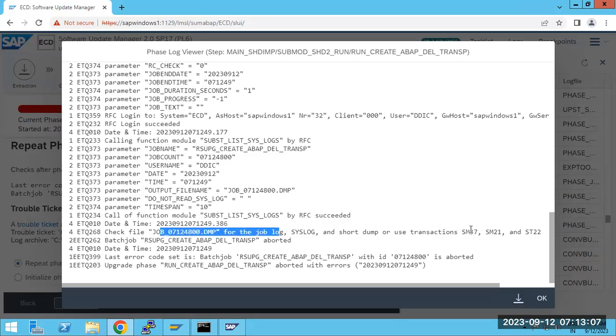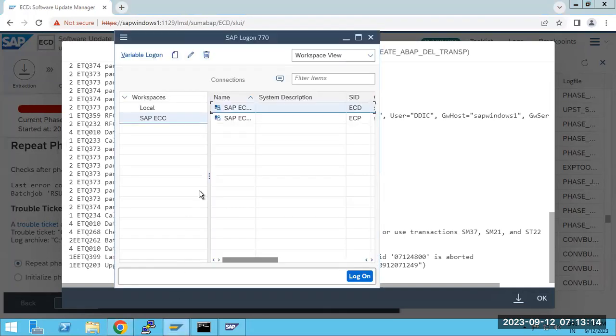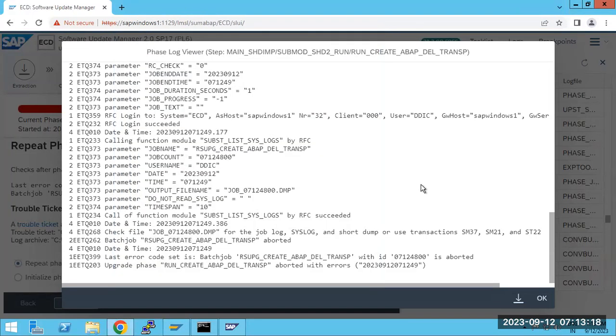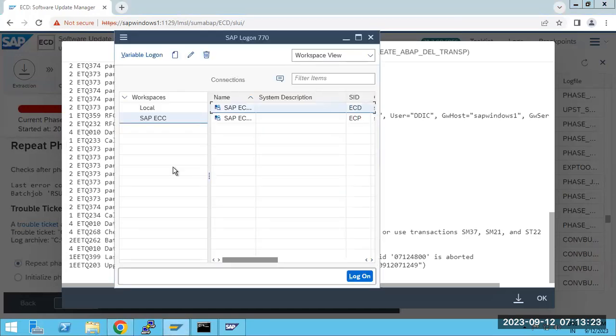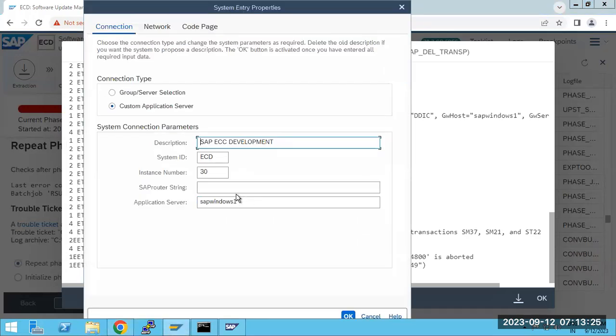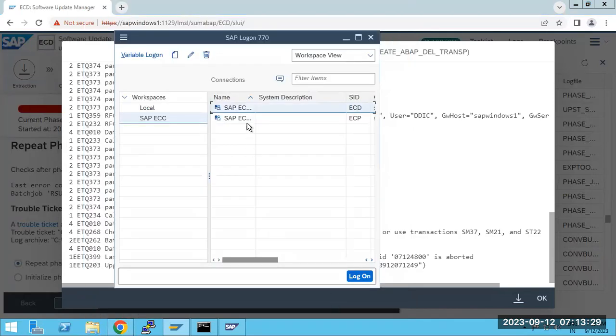So SM37, check the SM37. Why is this batch job failing here, right? So how to log into the systems now? Because we need to log into the shadow now. Shadow system. So in this case, you need to change the instance number to 32 here. Log into the 32 instance number,